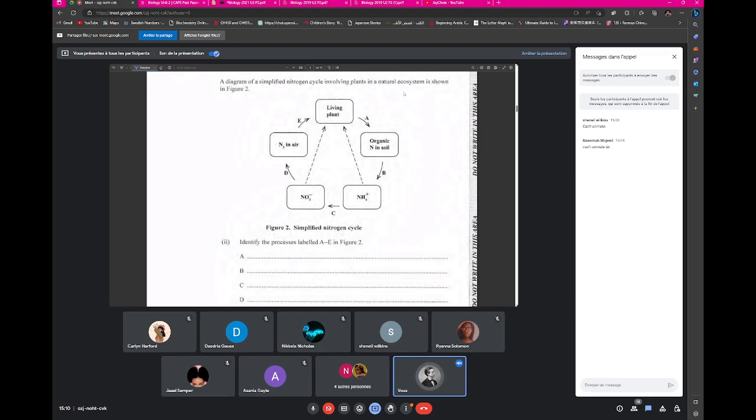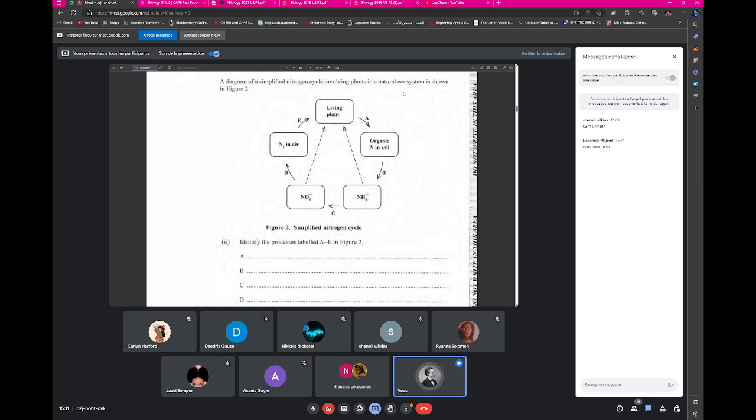but A would be decomposition or death. So there would be decomposition, death, decay, whatever you want to write. So it's going to be decomposition or decay. It's going to give us nitrogen within the soil. And this means that the proteins within the plants, and anything that really contains nitrogen within the plant, which would most likely be proteins, would be left in the soil. And then there's going to be a deamination process, as well as ammonification by ammonifying bacteria. So we're going to see stuff like Pseudomonas and Clostridium producing ammonium ions within solution. And this will be